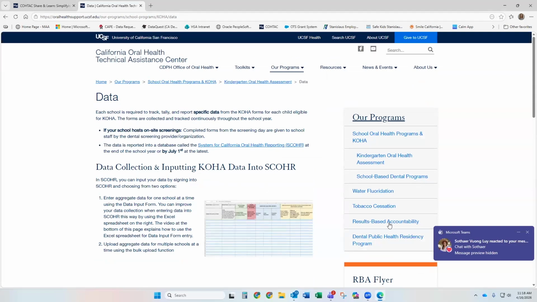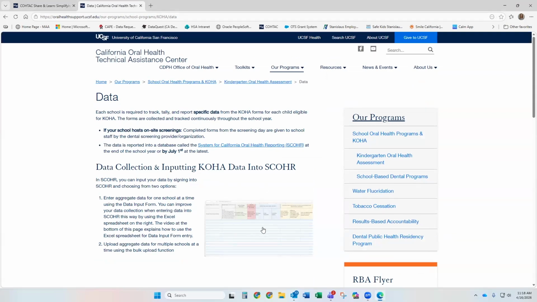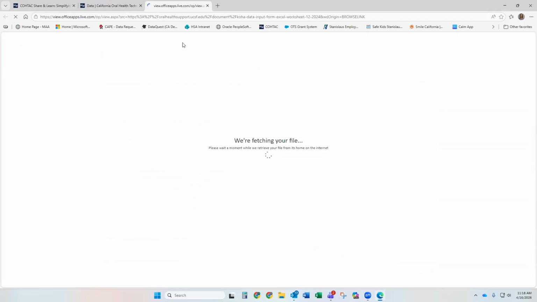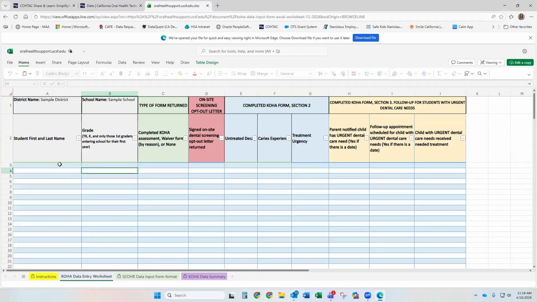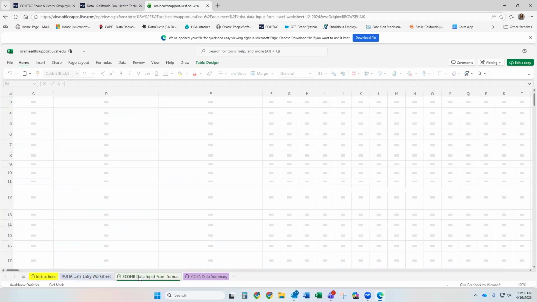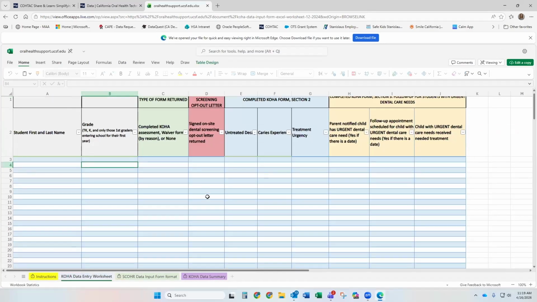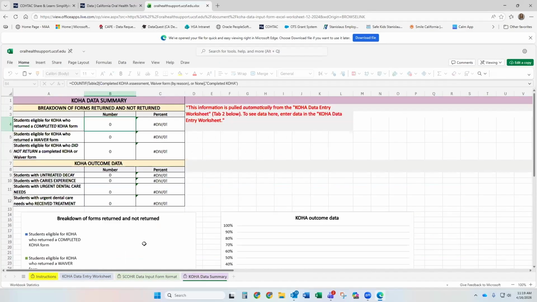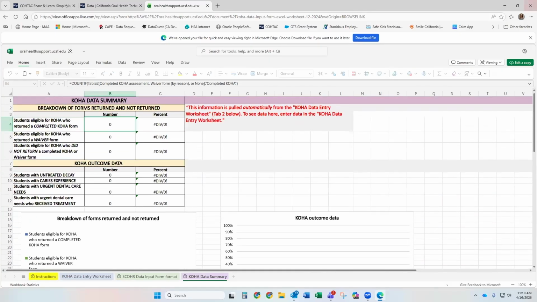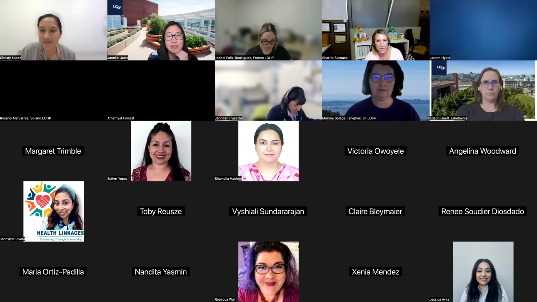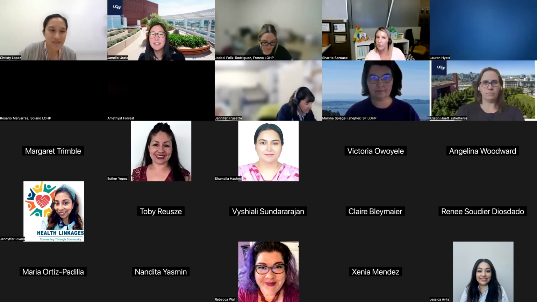It also highlights this tool, thanks to San Mateo County and Claire, where you can copy and paste your data into, and it'll produce pivot tables and infographics and things like that for you. So I highly recommend reviewing that. So there's those tools that are helpful, but unfortunately, what Christy was talking about, there still is that level of having to clean up.